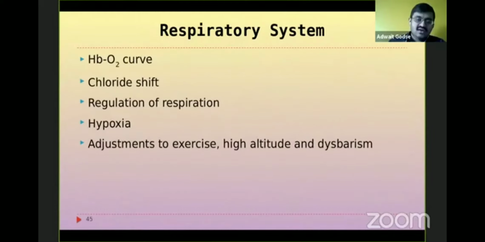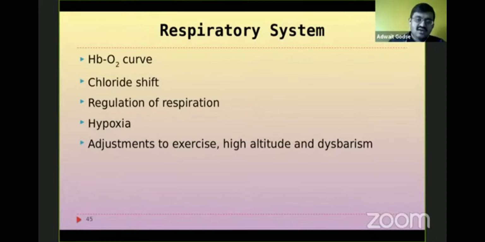Then HbO2 dissociation curve, we have already spoken. Chloride shift has recently been asked as short answer question. It is also called as Hamburger phenomenon. And more amount of chloride shift, or more frequently it is seen in venous circulation. With chloride shift, there is movement of water also inside RBCs. That's why RBCs swell, because of presence of more amount of water. Thus, size of RBCs in venous circulation is more as compared to size of RBCs in arterial circulation. That is why packed cell volume of venous blood is more than that of arterial blood. This is a very tough concept which can be sometimes asked.